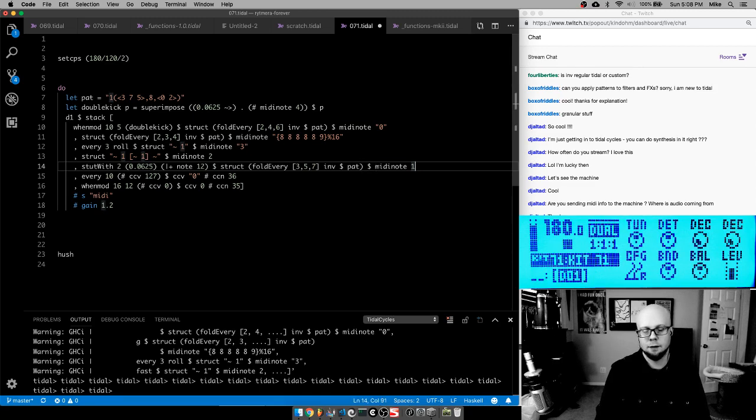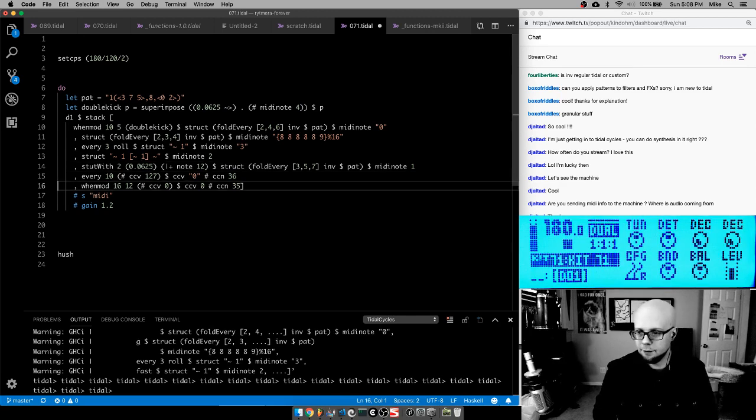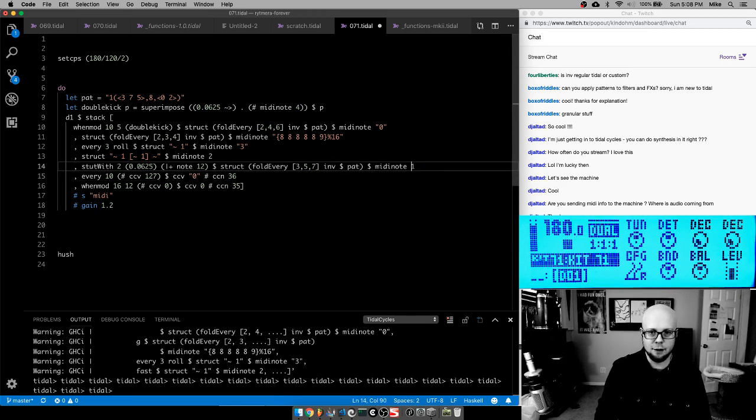Oh, I need to put, okay. This is a particular detail of the drum machine. I'm playing it on MIDI note 1, but in order to play it chromatically, I've got a chromatic mode on the machine. In order to actually play it like that on this synth, I need to put it on a different channel. So if I say MIDI chan 1, which is actually MIDI channel 2, because we start at 0 in Tidal Cycles,